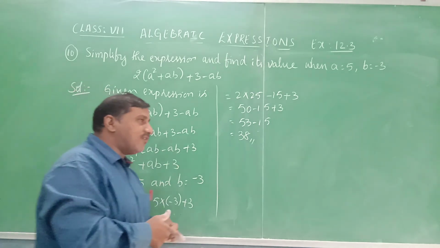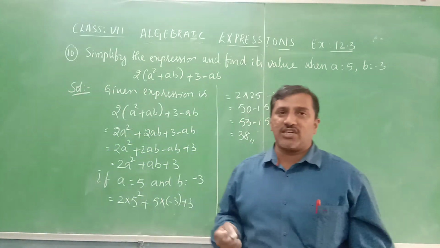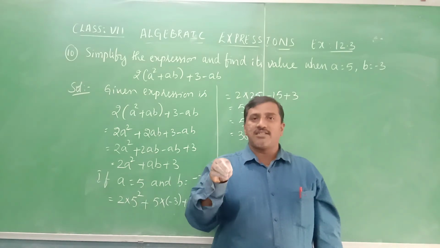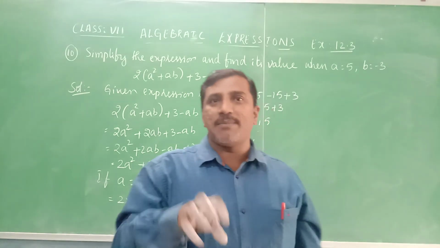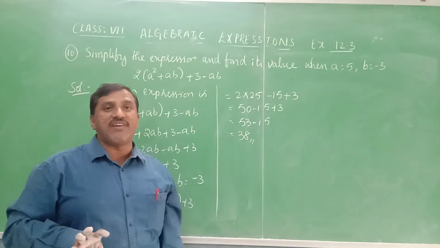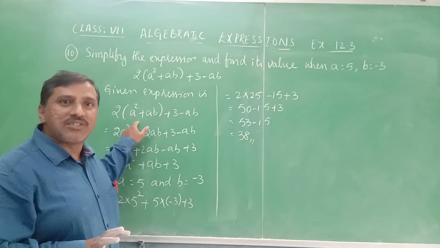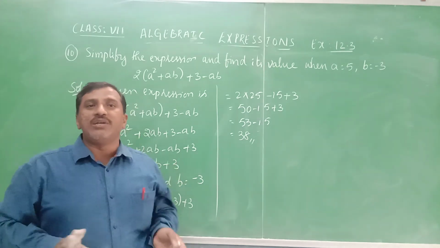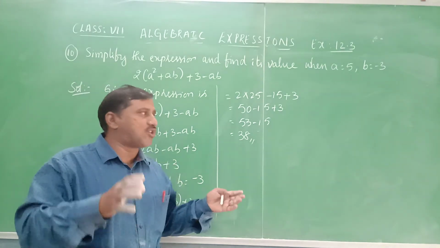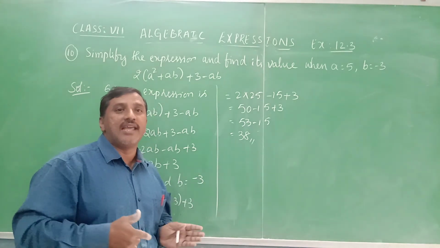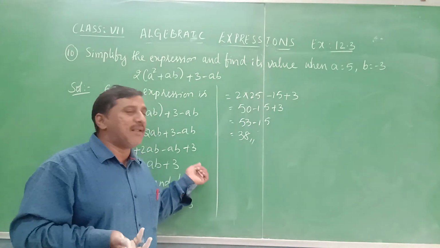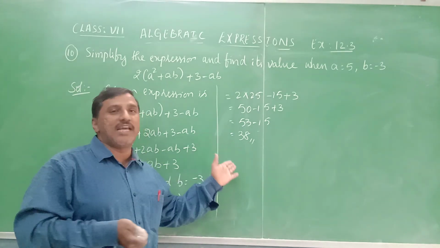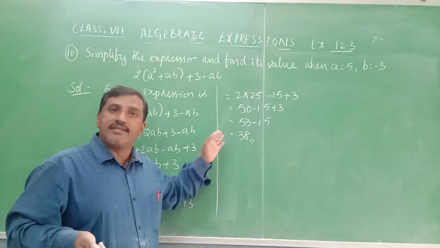So like this, we will find the values of the expressions when we know the values of the variables, by substituting those values in the place of variables, and on simplification we get the values. This concept will be used even in geometry, especially in mensuration, finding the areas, volumes and perimeters of 2D shapes or 3D shapes. There we use this concept. Is it clear, children?